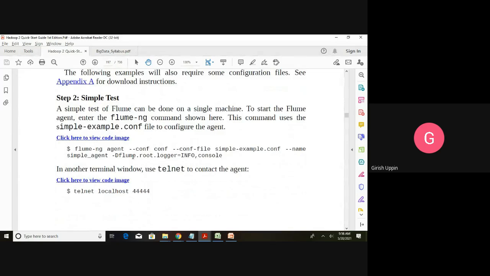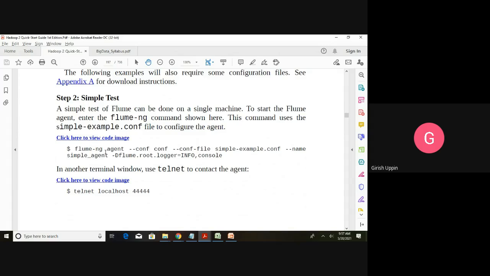A simple test of Flume can be done on a single machine. To start the Flume agent, enter flume-ng. So this is how we will run the Flume agent. This particular command uses the simple example configuration file. This is the configuration file that will be read in order to understand the actual configurations about the sources, sinks, and how it has to get the data.